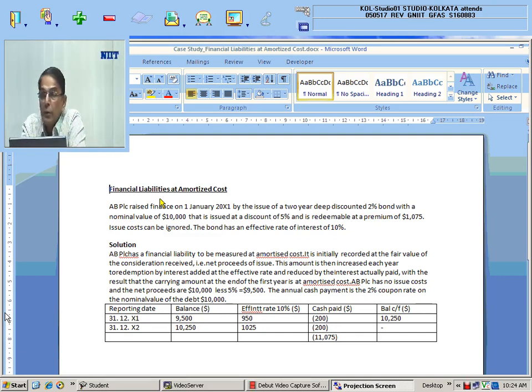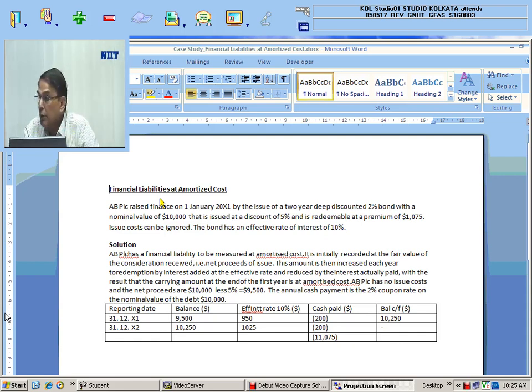So that will also be the amortized cost for the second year. On 31/12/X2, the second year, the amortized cost at the beginning of the year is 10,250, and the effective interest rate of 10% on 10,250 is 1,025. Actual amount paid is 12,200. And also the bond is redeemed